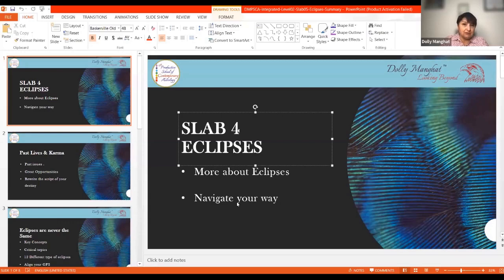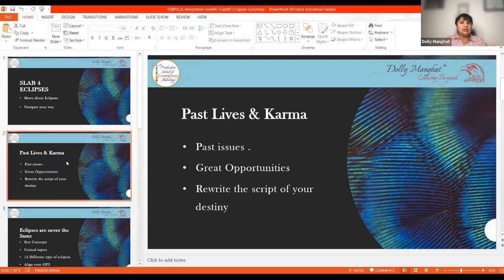Now we come to slab 4, which is of the eclipses. In the foundation course, we understood about eclipses, but there is more to them. So in this slab 4, everything you need to know about eclipses, so you can navigate through life with a purpose. Many people believe eclipses are all about past lives and karmas, but that's not exactly true. Indeed, some eclipses bring past issues to the surface, but other eclipses come with great opportunities to rewrite the script